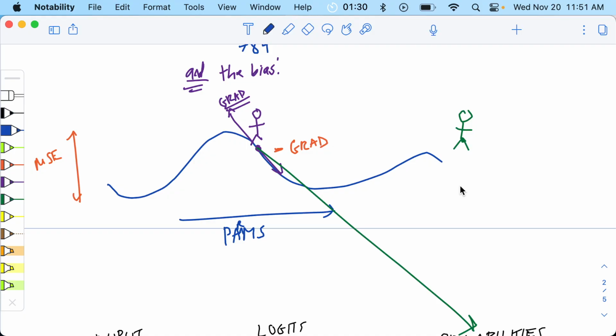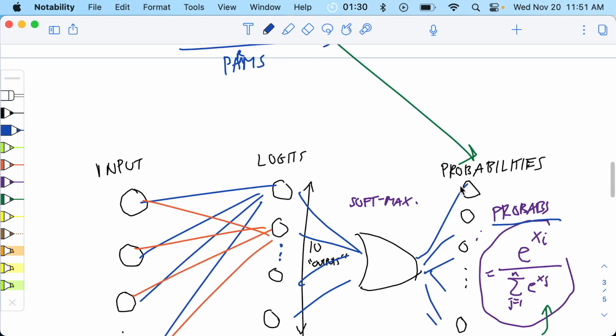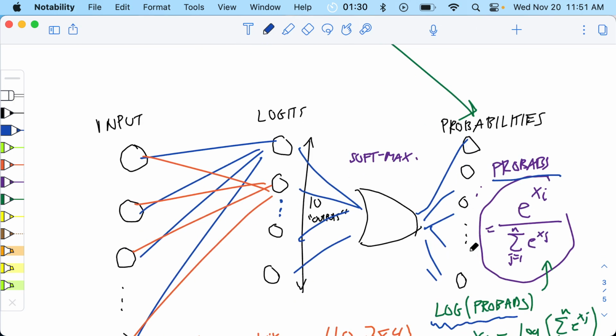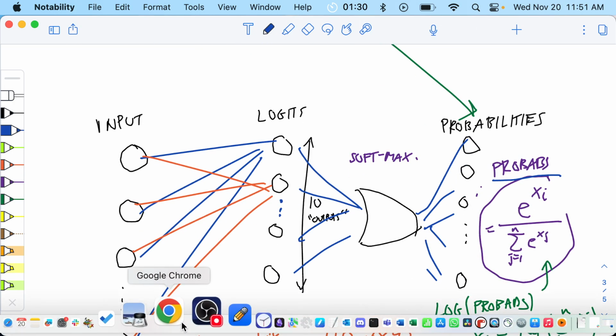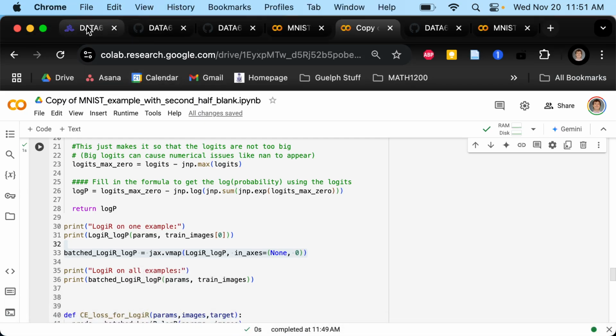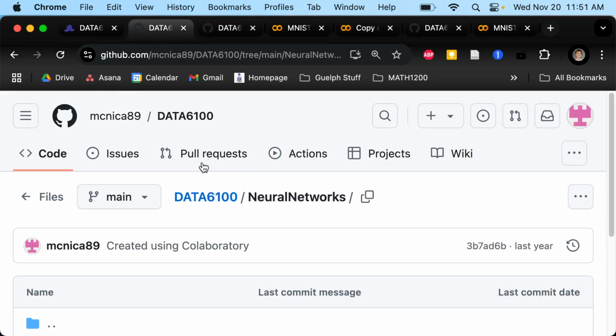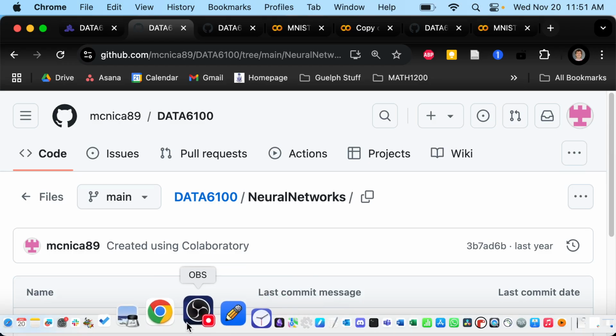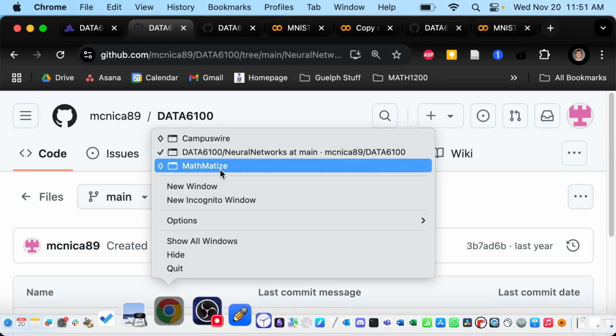So you've got to tell the computer, please minimize this. And the formula is not the mean squared error anymore, because now it depends on 10 values, a vector of size 10. And this is, again, something we did earlier in the course, but let's see if you remember. If I can find the right tab,